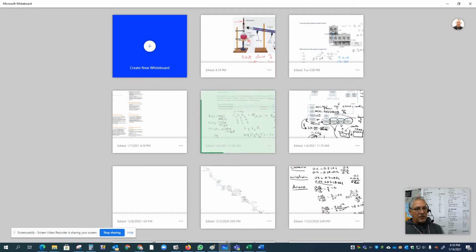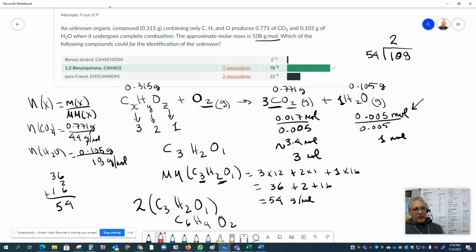This is an example of another problem. This is for chemistry, of course, and I was explaining to the students how to answer this, because only 78% of my students got the right answer. So I spent some time giving them an explanation of how to get the right answer. So I went over it and wrote the question,